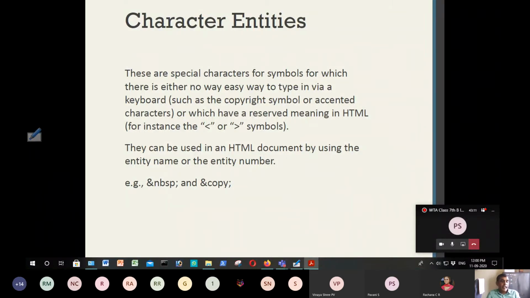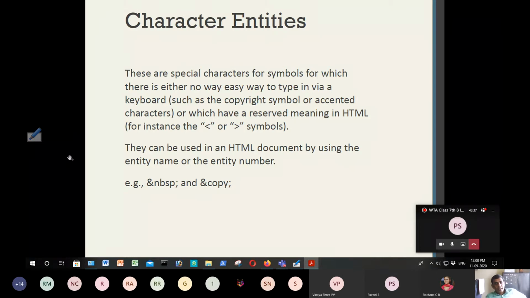So what are these character entities? You know about special characters. There are some special characters or symbols that are difficult to type in from the keyboard, and which have some reserved meaning in HTML.